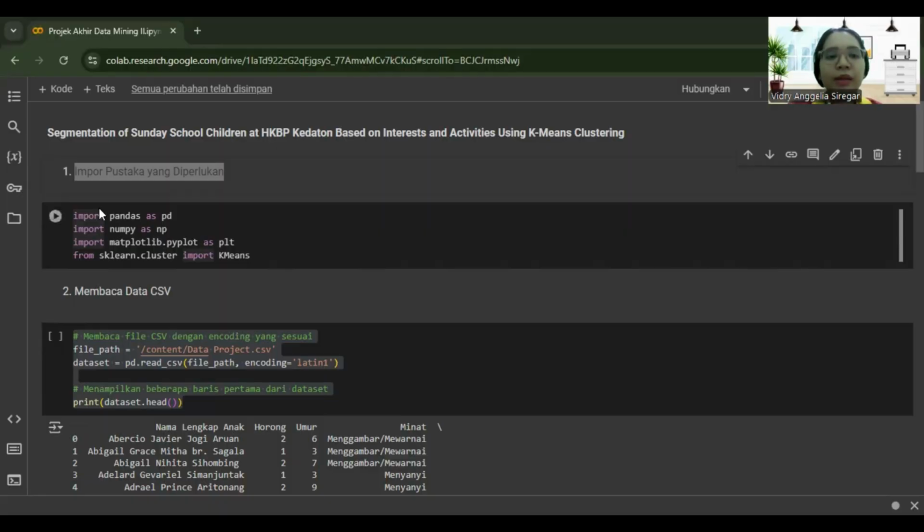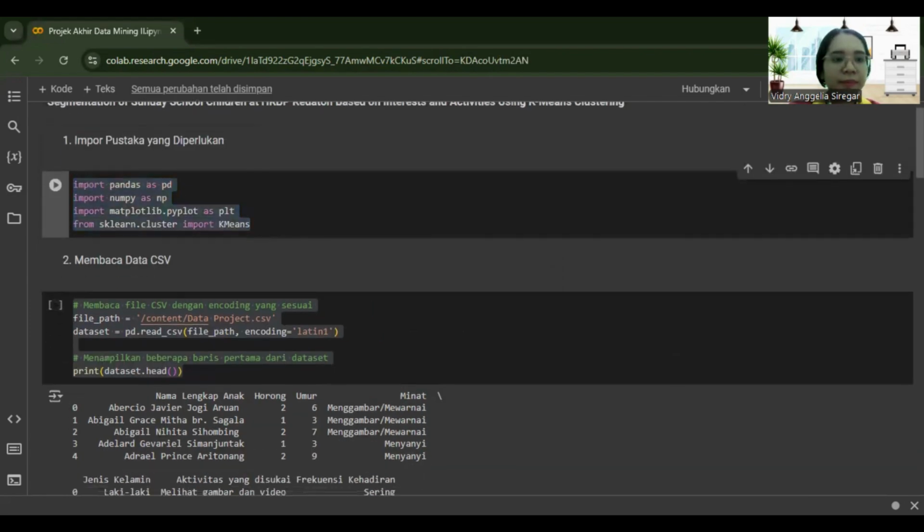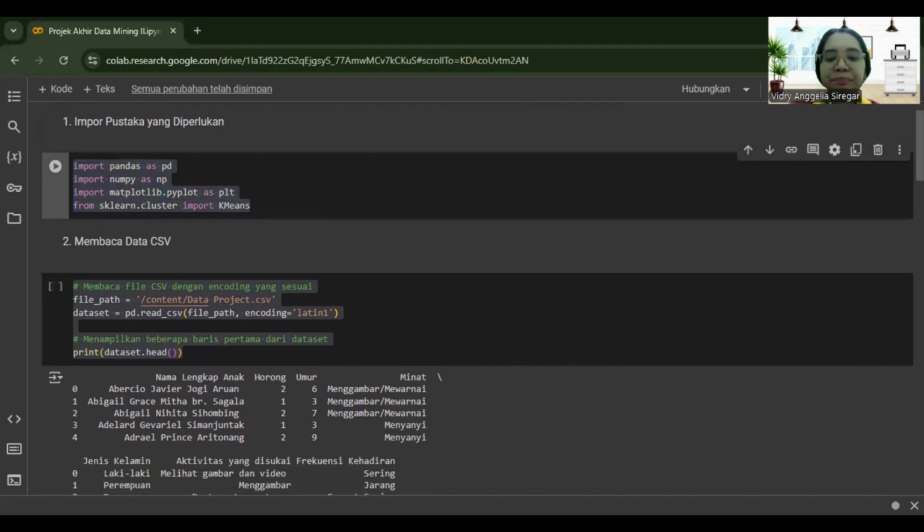Here is the Python code. Import pandas as pd: import the pandas library used for data manipulation and analysis, especially with the data frame data structure.